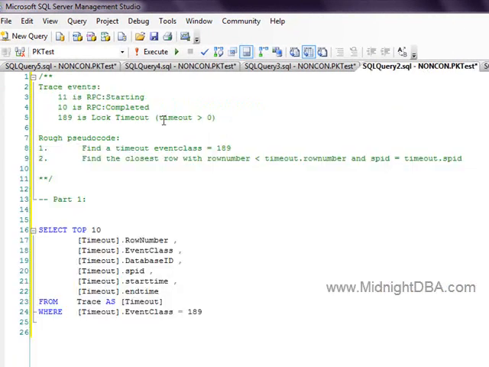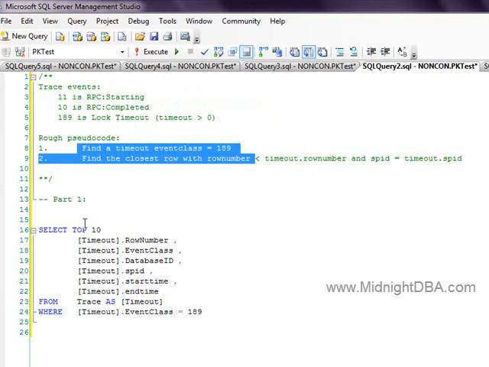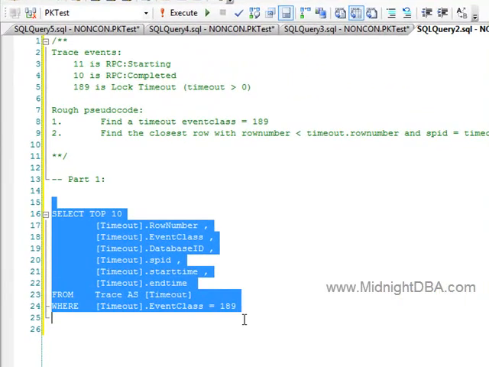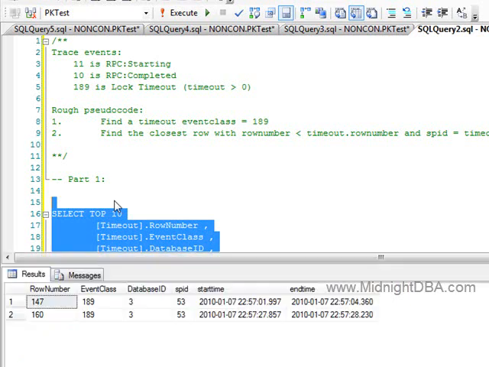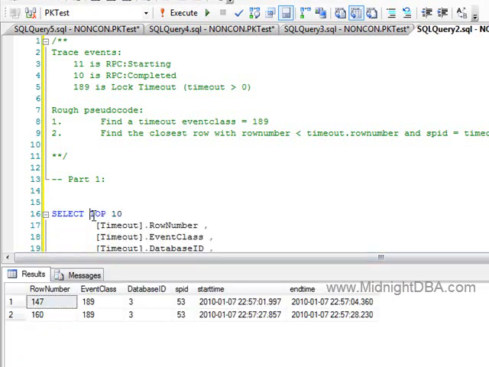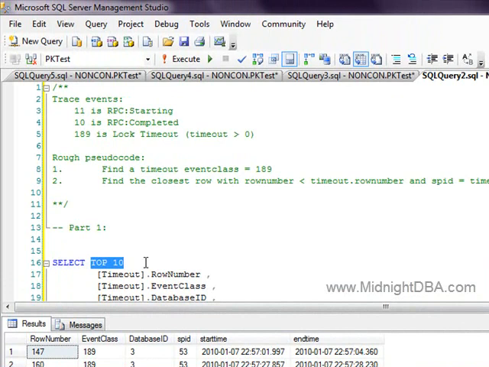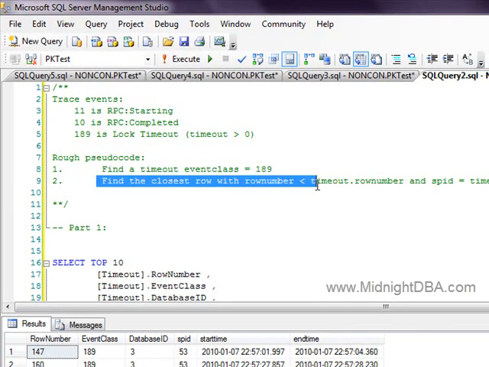First, part one would be finding the timeout, which is easy enough. Select from trace where event class equals 189. I've got top 10 here just for the purposes of developing this query or, after it's done, looking at the timeouts and queries themselves. I don't want to look at 1,000 at once, so you can change top 10 or remove it. The next step is figuring out the most recent row before that,